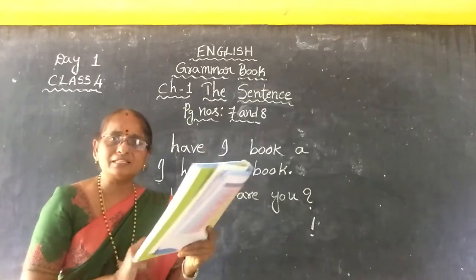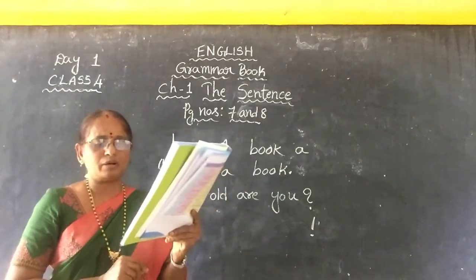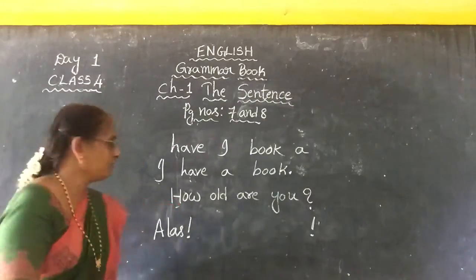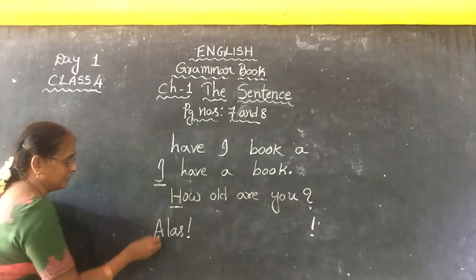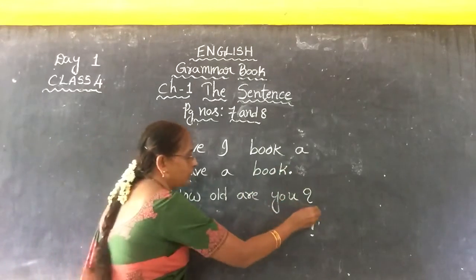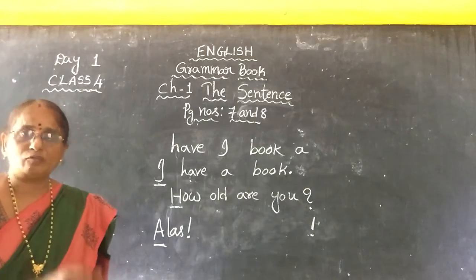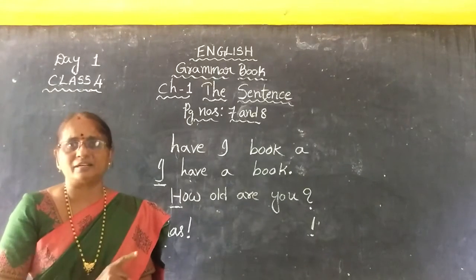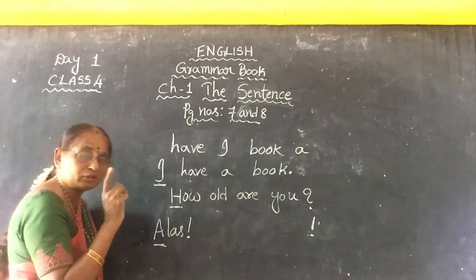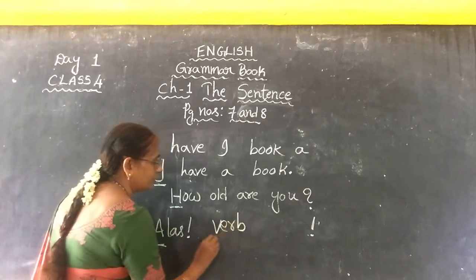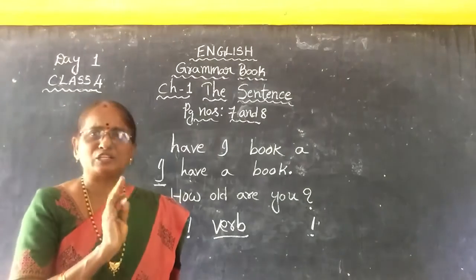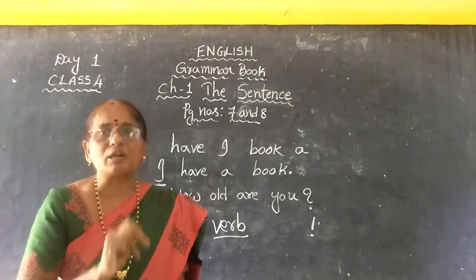Now see, a sentence is a group of words written in a proper order which makes complete sense, children. A sentence always starts with a capital letter. Okay? And next, it ends with a full stop, question mark or an exclamation mark. And one more important rule for a correct sentence. What is that, children? Verb. A sentence contains a verb, children. What is called a verb? Action verb. Action does not mean cinema shooting. Action here means work, children.